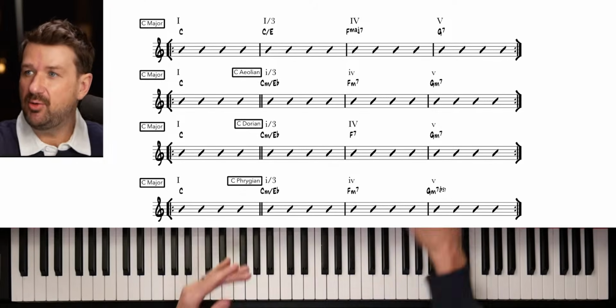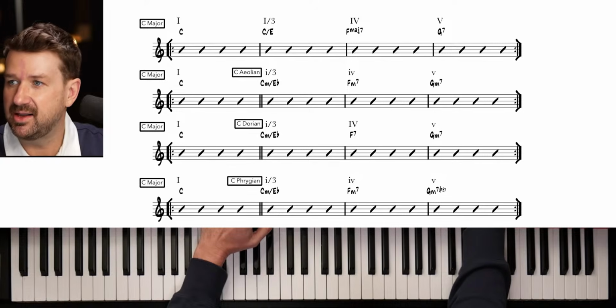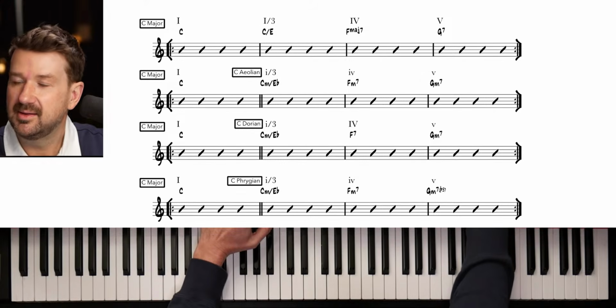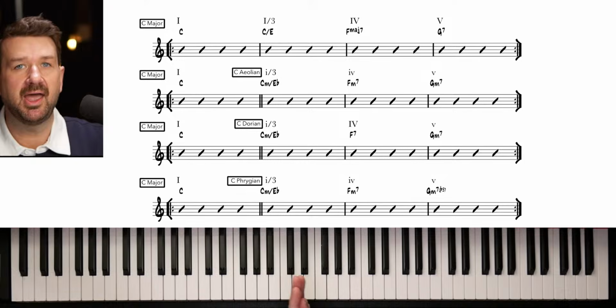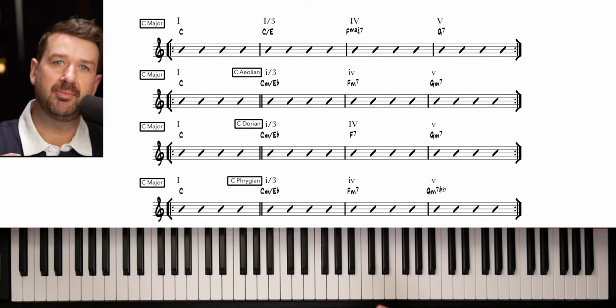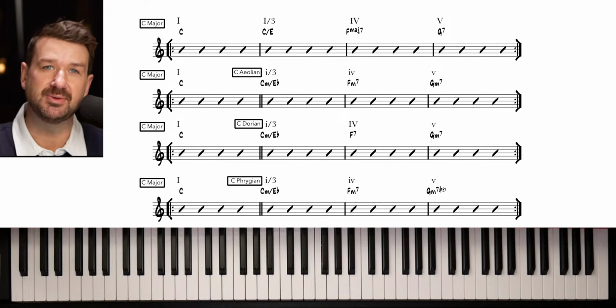Isn't that beautiful? And then notice, of course, we've got our C major always kicking it off there to do that first measure in C major. It's incredible. Isn't it incredible? I'm going to turn down my tremolo a little bit here because it's bugging me. So we've got that C major, and then we have what we could call the parallel minor. I'm always bugged by this parallel minor idea, though, because there are so many different minors that we can use, and a minor key is not just Aeolian.